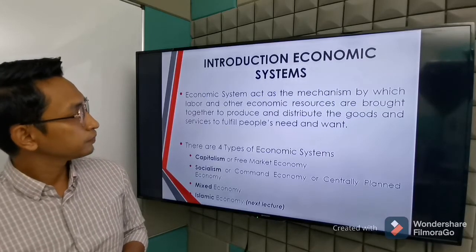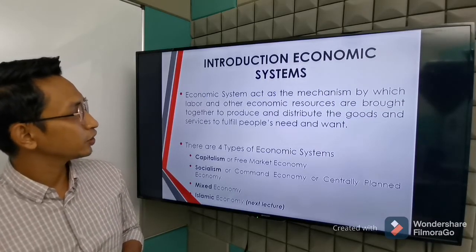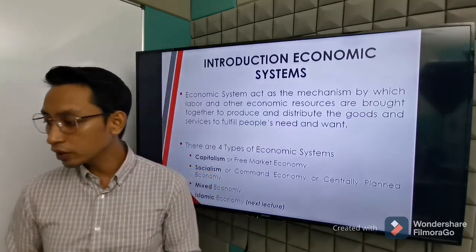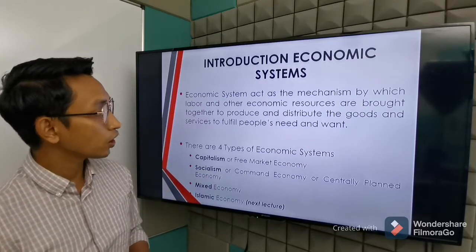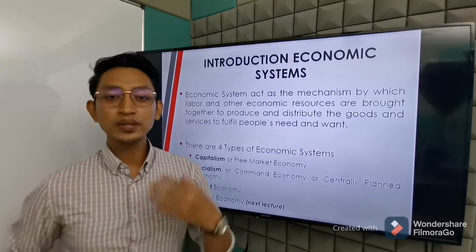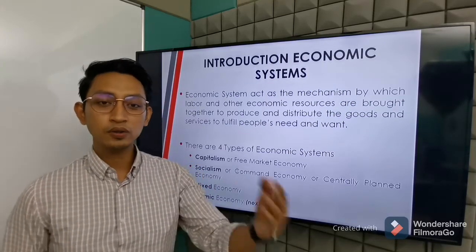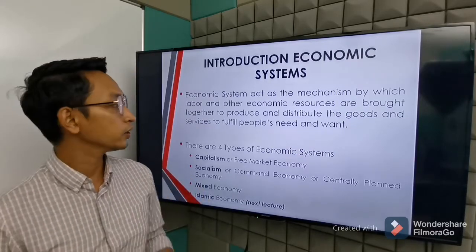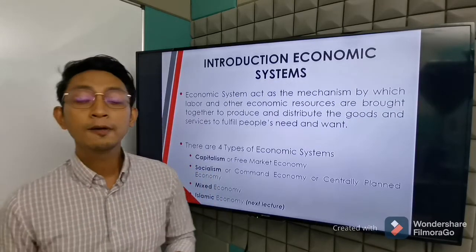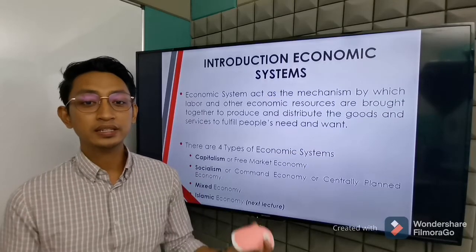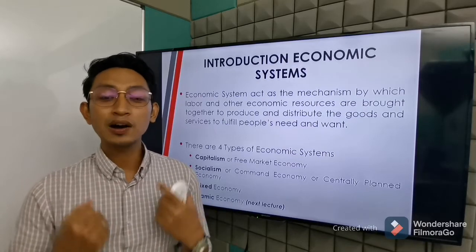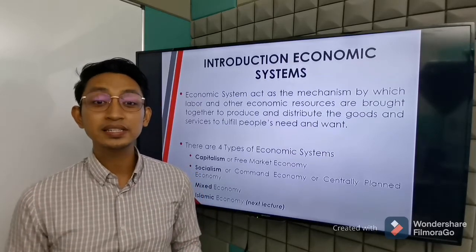So moving on to the introduction of economic system. Economic system acts as a mechanism, like I said, a way or methodology by which labor and other economic resources are brought together. For example, the consumer, we supply the factors of production. One of them is labor and also the other resources. So they are brought together to produce and distribute goods and services to fulfill people's needs and wants. So that is economic system. Basically, we work with one another to solve our own problems